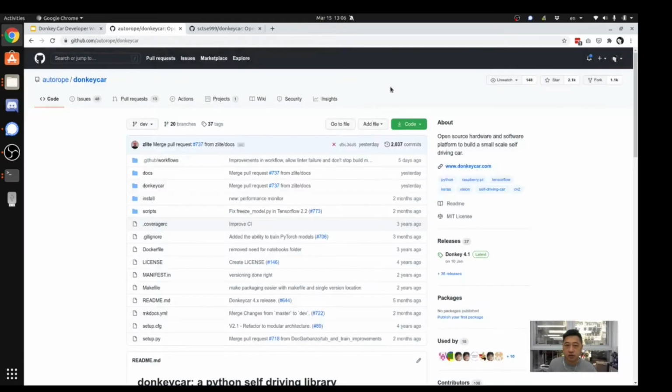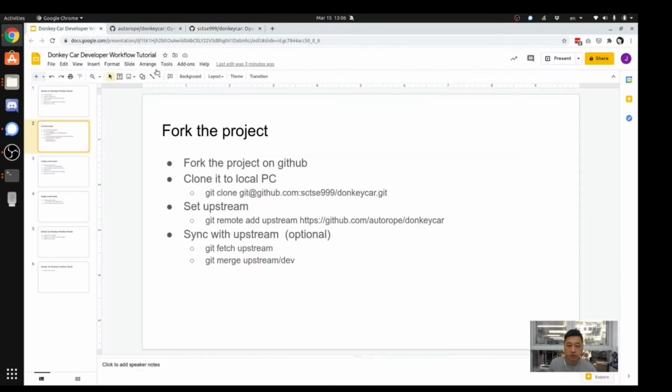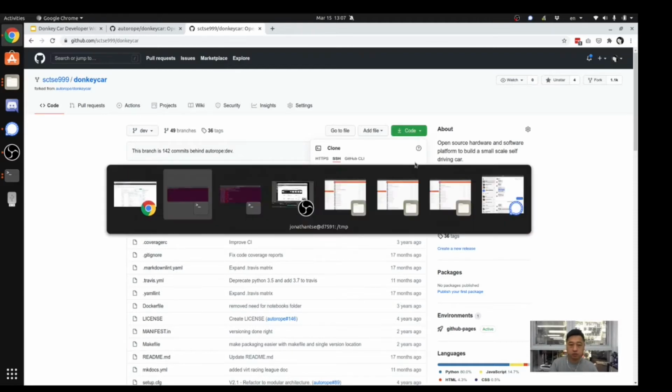And after you have done it, you can go to your own username, and then you will find the project there. Okay, so if you have done this, you have already forked the project successfully. After that, you need to clone it to your local PC. In order to clone it, let's copy the address by going to this green button and then clicking this copy button. So we go to the terminal,